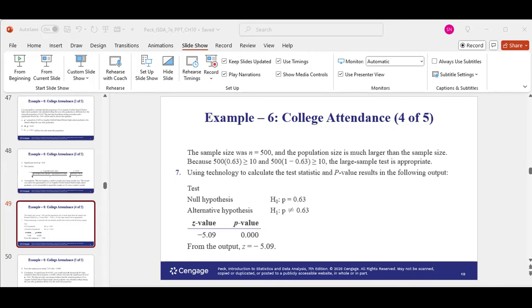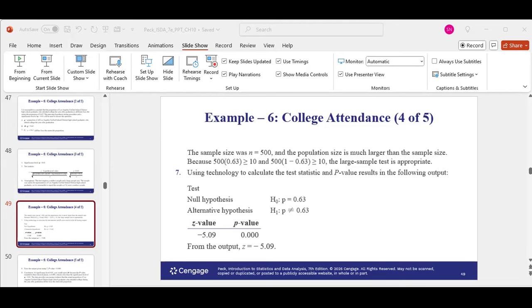Our alpha, which is the level of significance or the maximum probability of making a type 1 error, is given as 0.01. So P is greater than alpha. Okay. So if we move up,